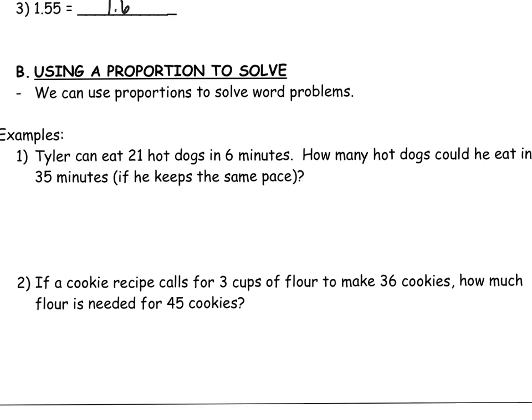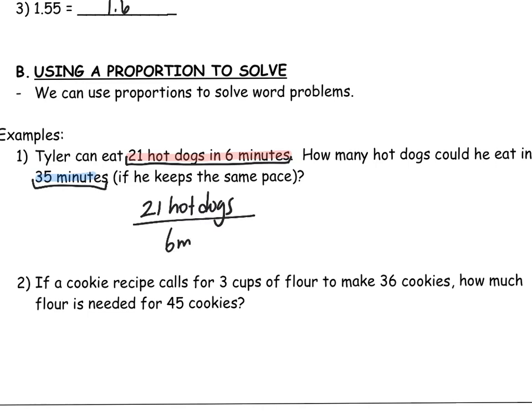So it says Tyler can eat 21 hot dogs in 6 minutes. How many hot dogs could he eat in 35 minutes if he was to keep the same pace? So basically the way you recognize a proportion is that you have a pair of information and then you have another single piece and it's asking you for the other one. So we're going to set up fraction equals fraction with one of our pairs of information. So I'm going to go 21 hot dogs